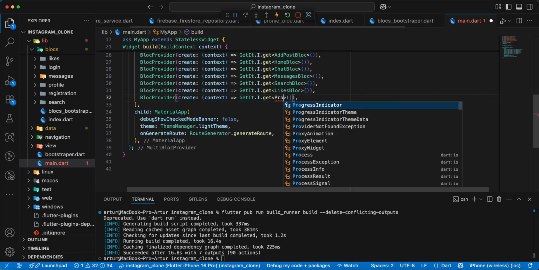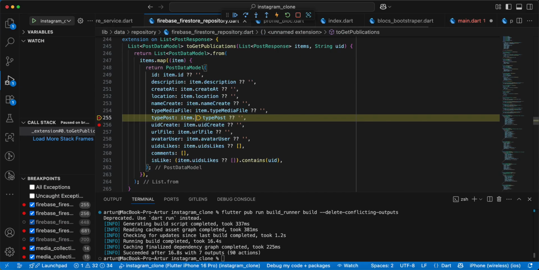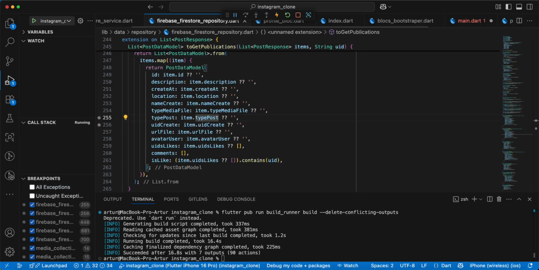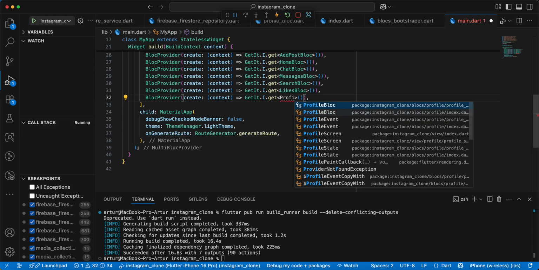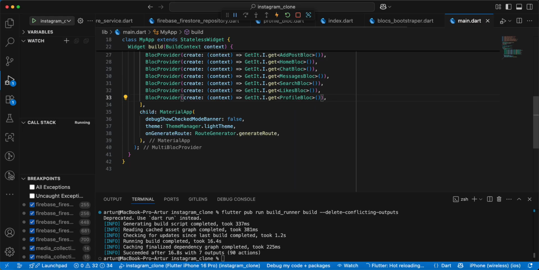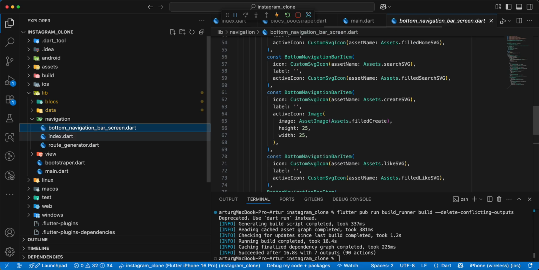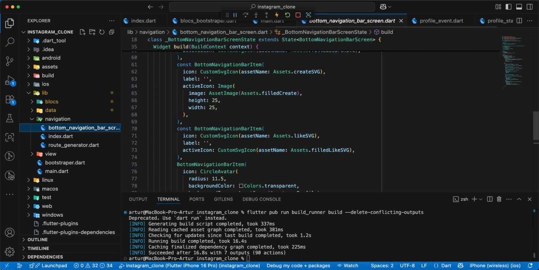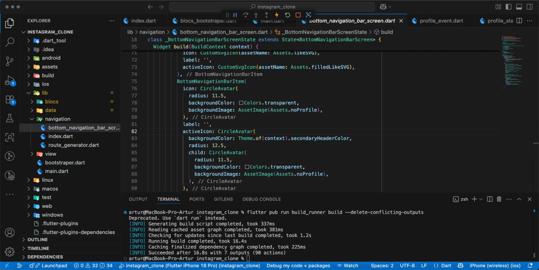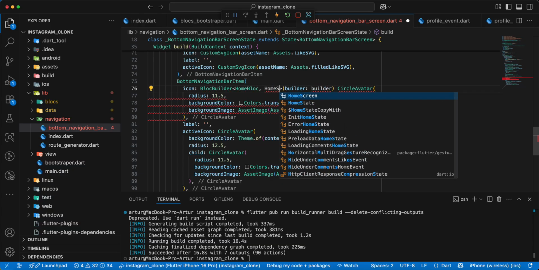add profile bloc, save, and we open navigation, bottom navigation bar screen, add BlocBuilder, write HomeBloc, HomeState,